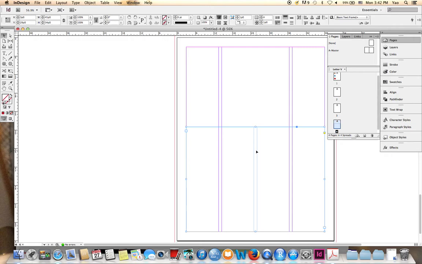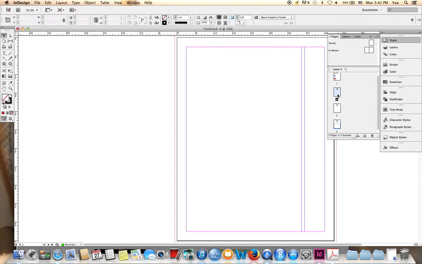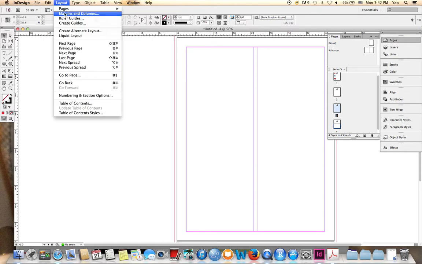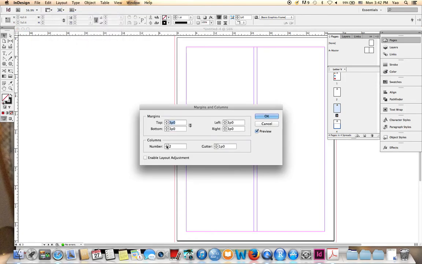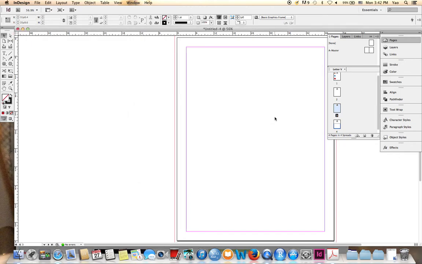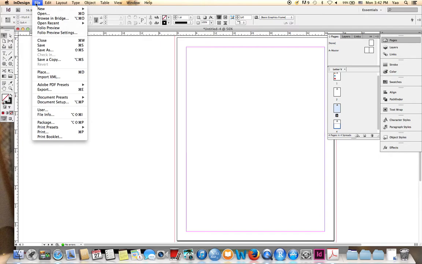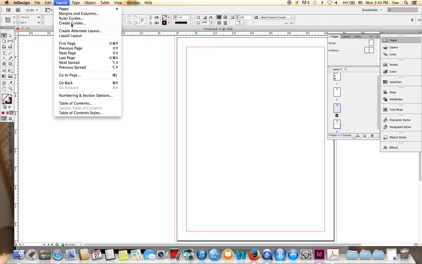The textbook also, when it talks about guides, talks about an interesting thing: creating guides to divide a page. For example, let's say page 3. Let's change it so we do not want it in 2 columns. Rather, we just want 1 column. But we want to divide this page equally into 9 squares. So what we can do is go to Layout, Create Guides,